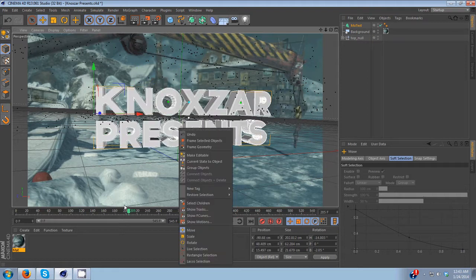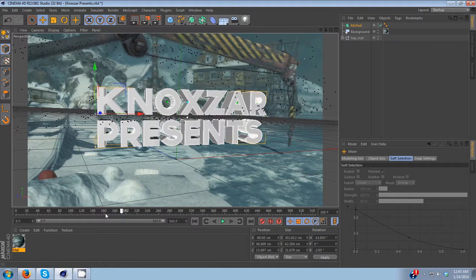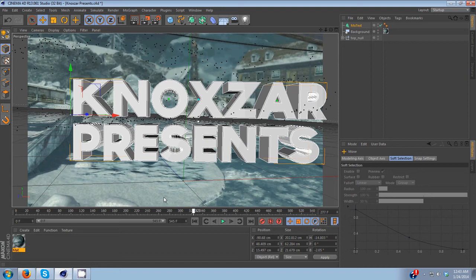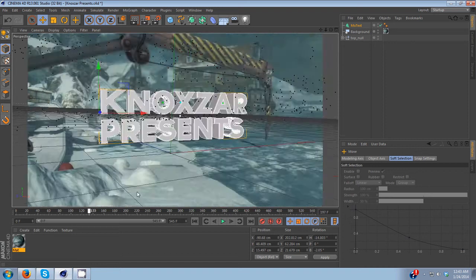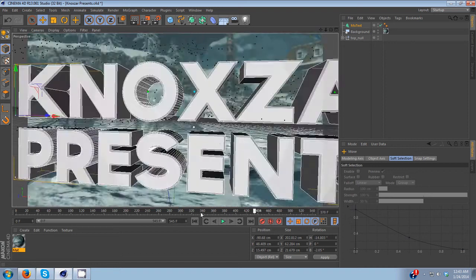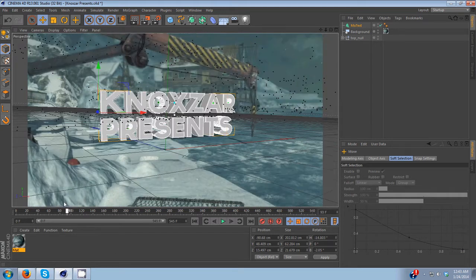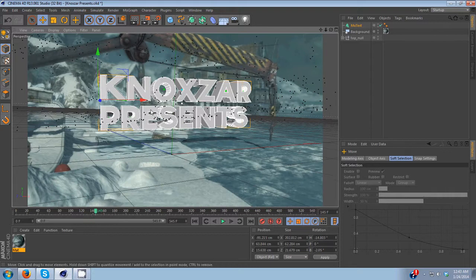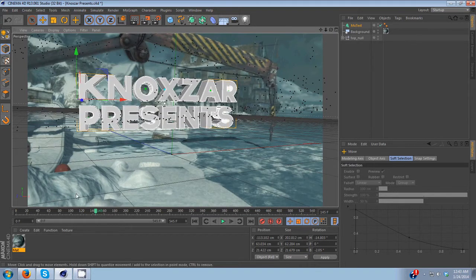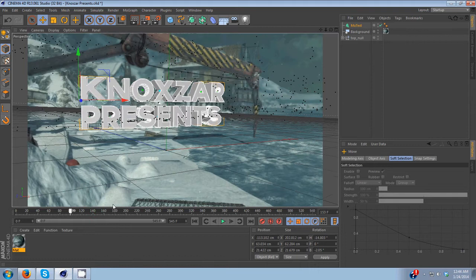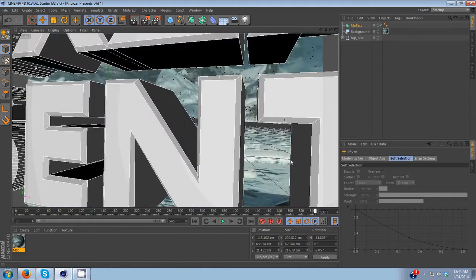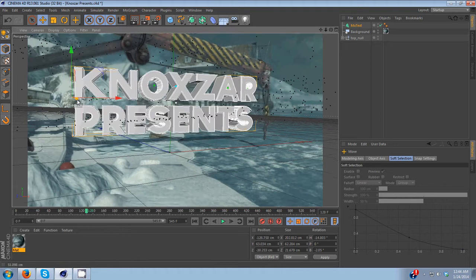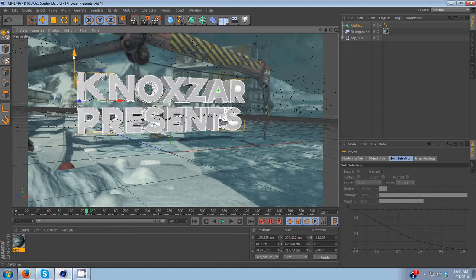Once you get it in position, then you can tell that it is perfectly motion tracked, just like that. You don't want to go through, well, it's not going through the text anyway. Camera won't go that far. Okay, so I want this to be a little bit higher so it doesn't look like it's on the ground. And perfectly motion tracked, just like that. And you can just move it to where you want it, get everything perfect,